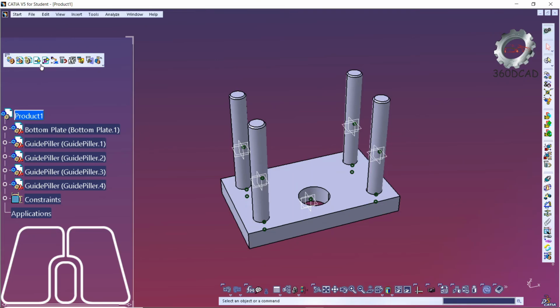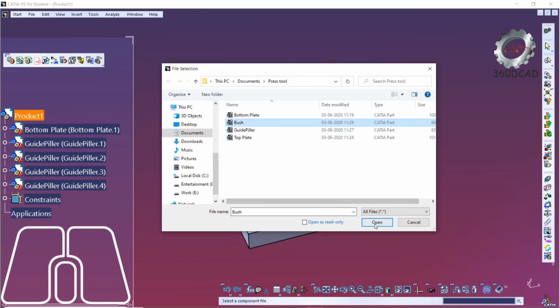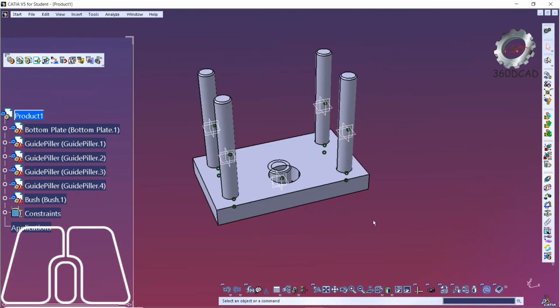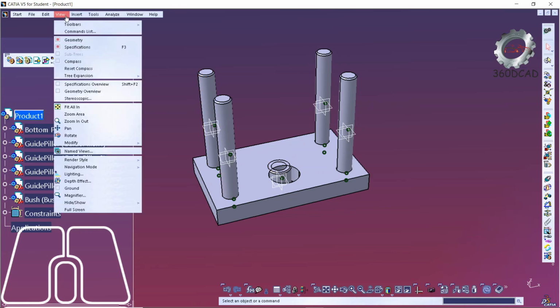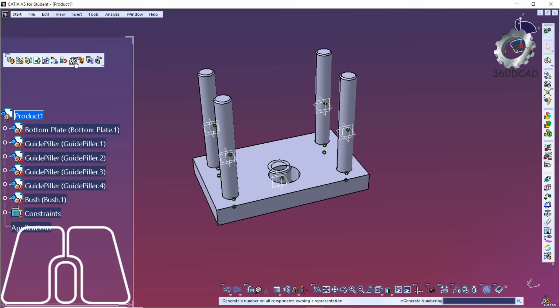Okay, now we are going to add the next part into the product, that is a bush, and click on open. Now to move that particular bush properly so that we can select, I am going to use the compass. Now drag this compass over the bush, and then you can easily move the bush wherever you want.